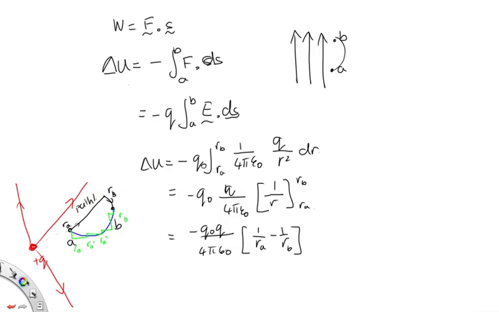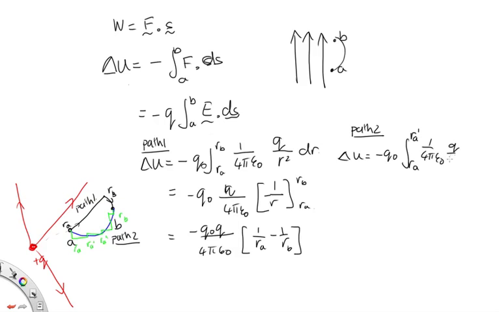Okay, so let's work out delta U for this. This is path 1, and this new path is path 2. We've got the change in potential energy is minus Q naught from RA. Now, it's only these radial parts, the bits where we're travelling along a radius, that contribute. When we're going along an arc of a circle, the electric field lines and the path are at right angles, so they don't. So we'll have RA dash, 1 over 4 pi